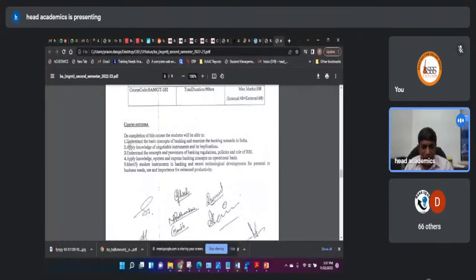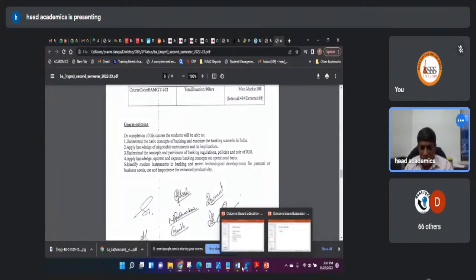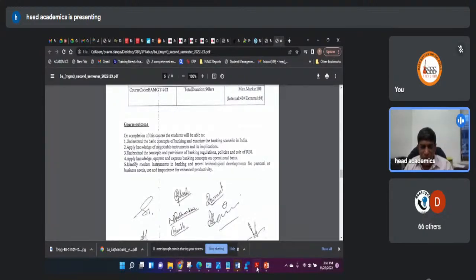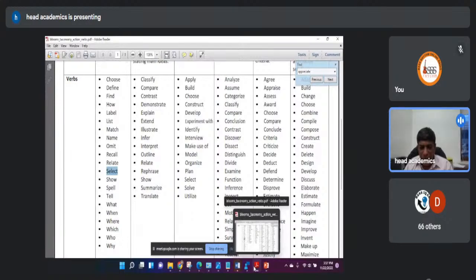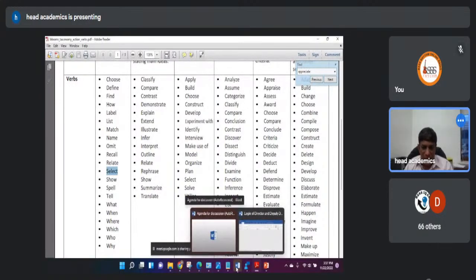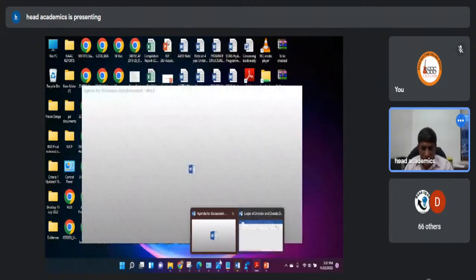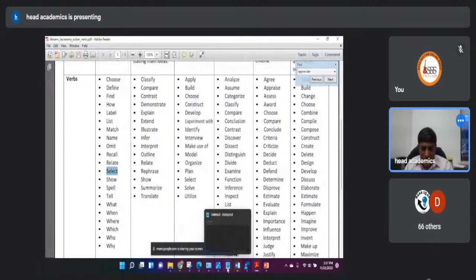So again, this is understand, basic knowledge, right? So maybe you can use match the pairs, or whatever terms are mentioned here. Label, list, match, name. If these terms are used, then that would be a better defined outcome compared to what it is now. But capturing the essence of